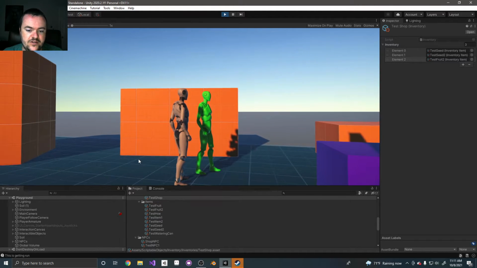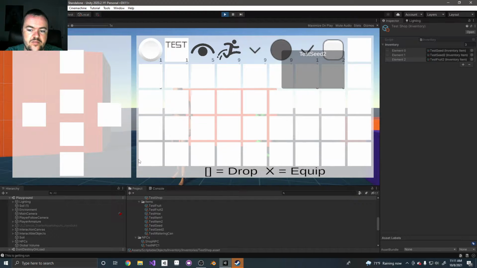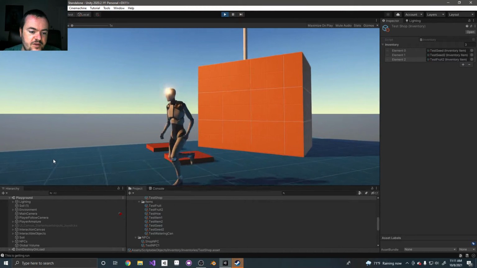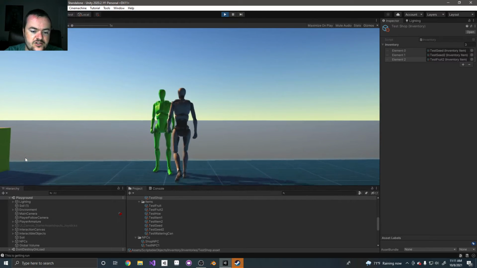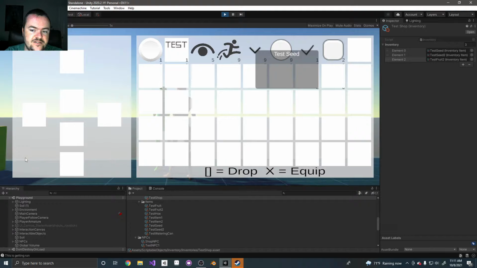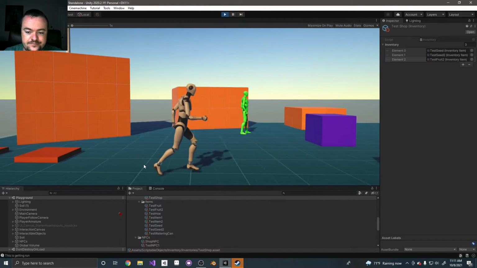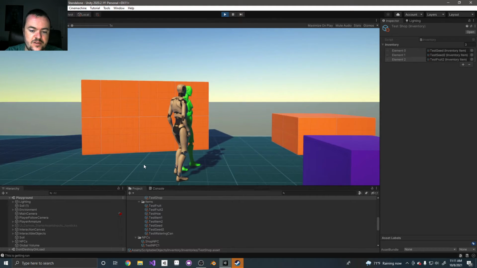There's also currently a glitch because of the way I've handled items where you can show items to an NPC. For instance, if I bring the test seed over to this guy and try to offer it to him, he says I hate this and he takes it. That counts as a gift for the day. So the shop guy, if you talk to him with an item,